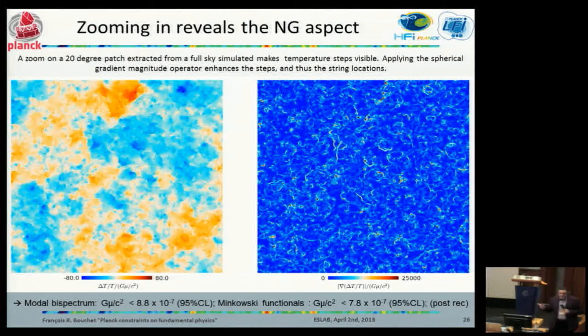Now, this is on the power spectrum. Of course, strings are also providing some non-Gaussian signature. And we've also run within Planck some of the largest simulations ever to be able to do the confrontation. But at this time, what we find is that the constraints that one gets by searching for those patterns in non-Gaussianity are actually weaker than the straight ones that one gets from the power spectrum. So this is consistent, but the constraints there are more like 8 times 10 to the minus 7 rather than the about 2 times 10 to the minus 7, because that includes only some part of the fluctuations, all of those that are happening between the last scattering surface and us.